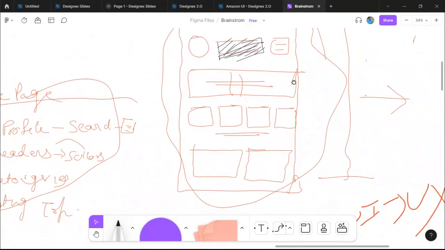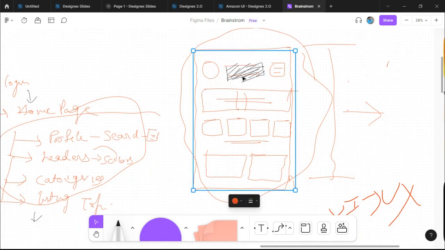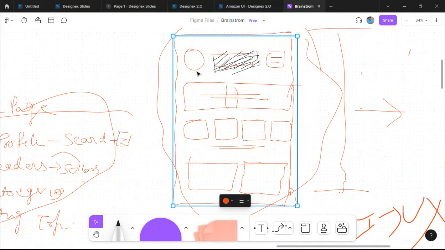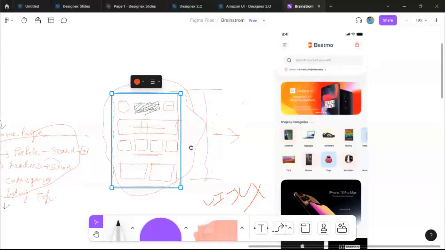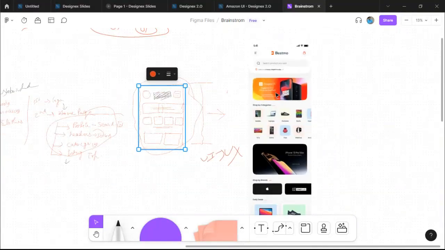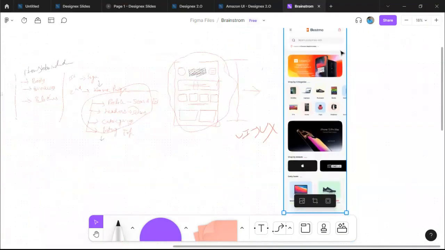So now, as you can see, this is some sort of thing which I draw before making a UI, right? Here you can see a circle with some sort of profile picture, here we have settings, and some image, some boxes. This is the so-called wireframe. So now it's transformed into this UI, which I did in my previous project. This is one of the projects which I did